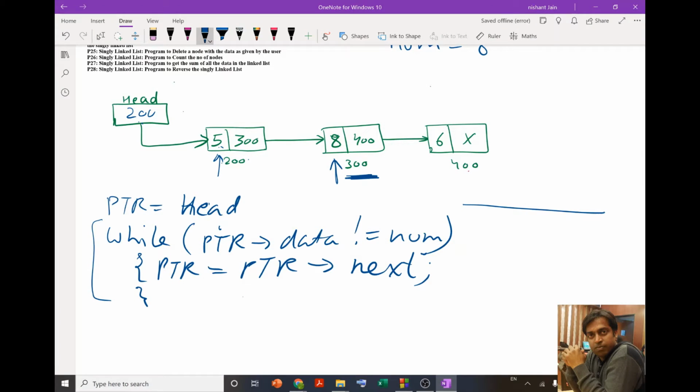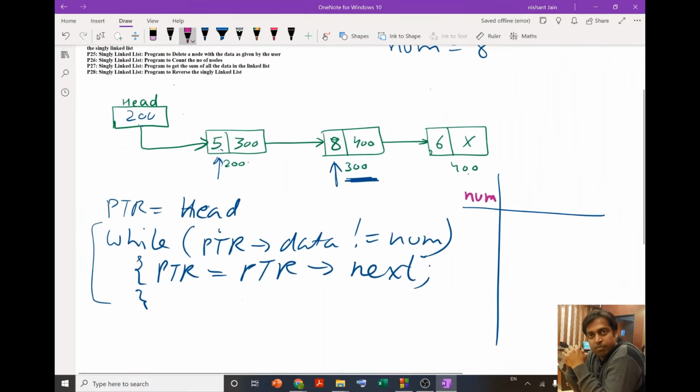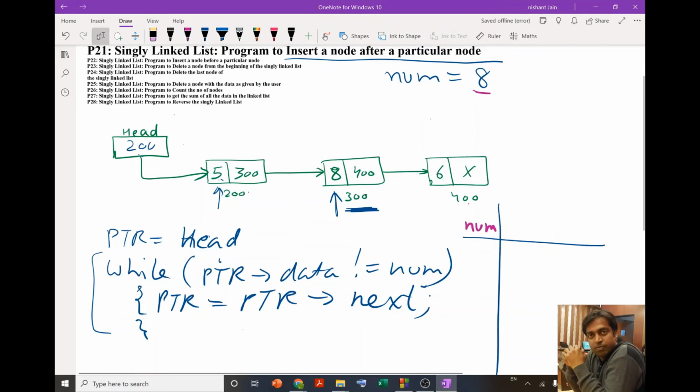So let me draw a table. In the table, this is our num, and our num is 8, right? Then I declare this ptr, so I put this ptr in the table, and I initialize the value of ptr as head, so it is 200.